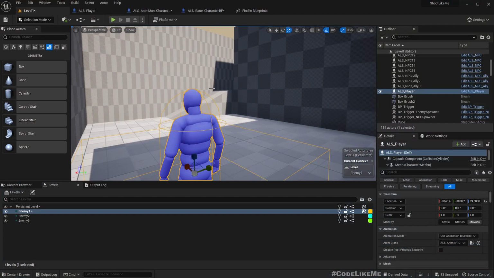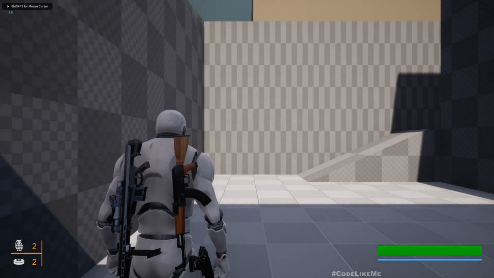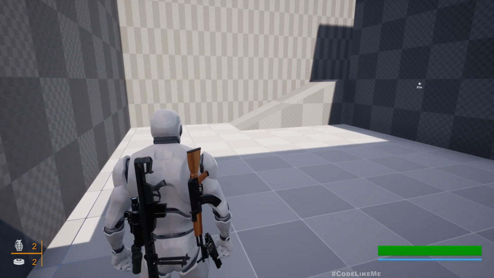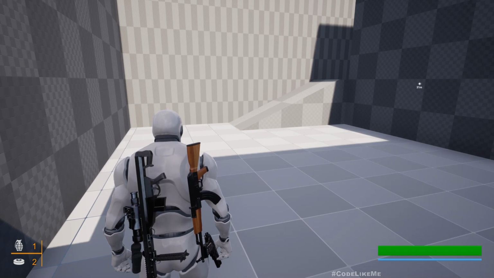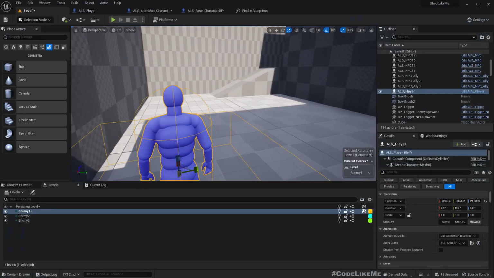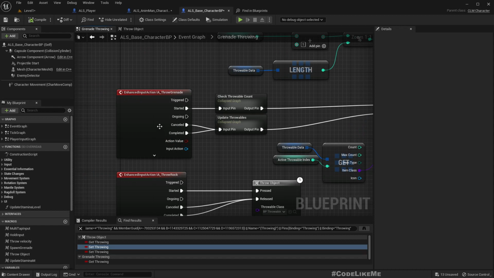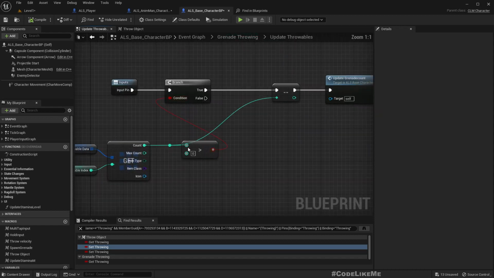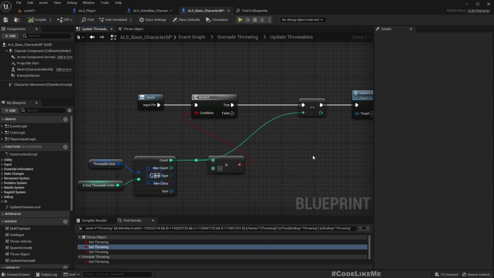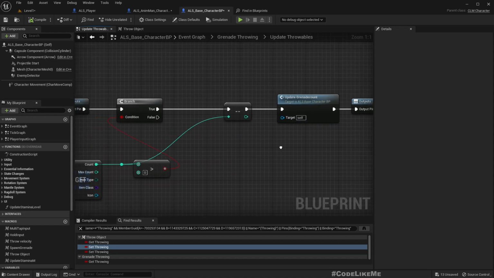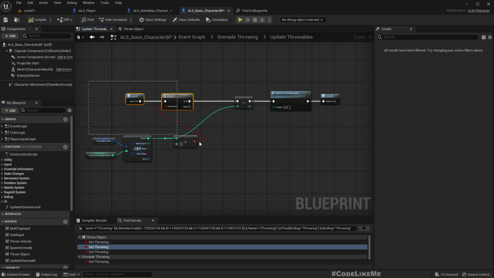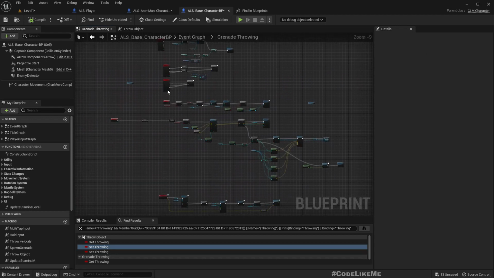Oh, and one more minor thing, someone had commented that when I try to throw a grenade, and even if I cancel it, the grenade count decreases. So you can see that in the bottom left corner. See, now I cancel, but still the grenade count is reduced. So to fix that, this is the throw grenade, and this is where I reduce the count. So I think if we just do this part, let me copy this